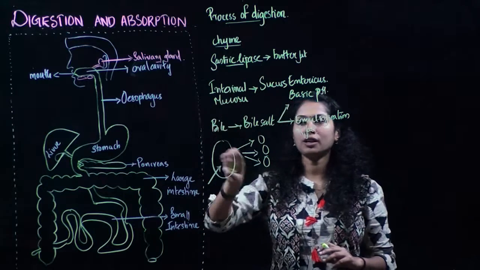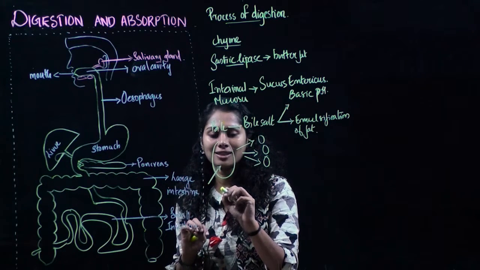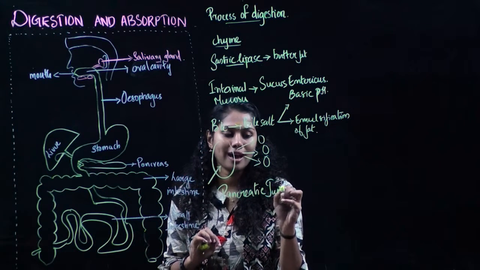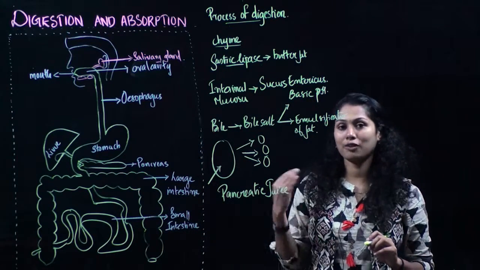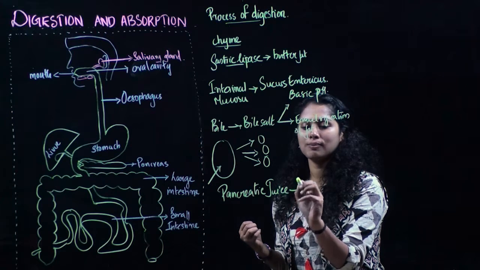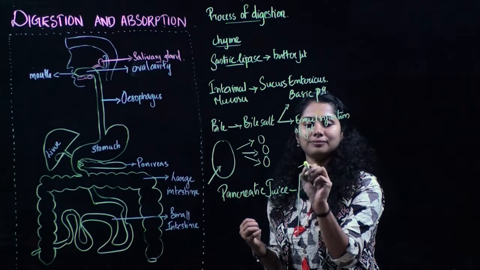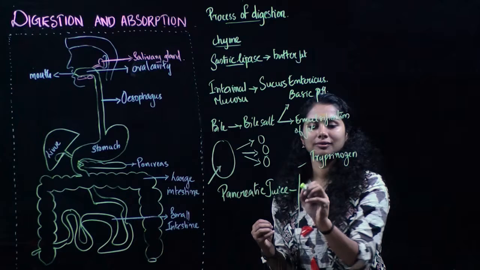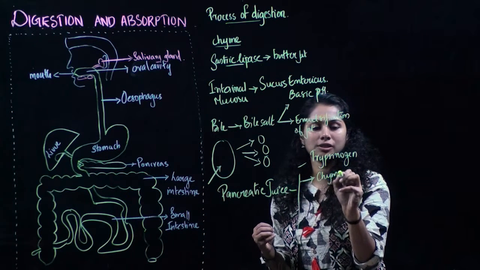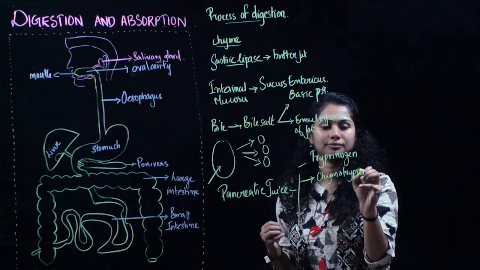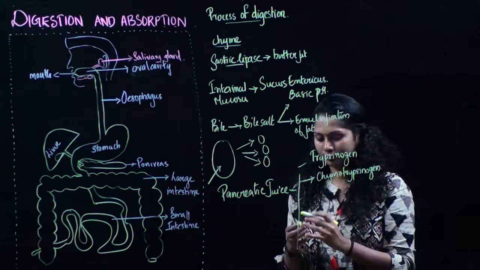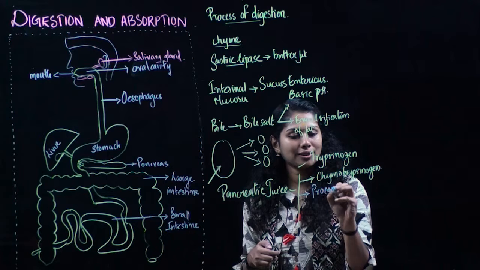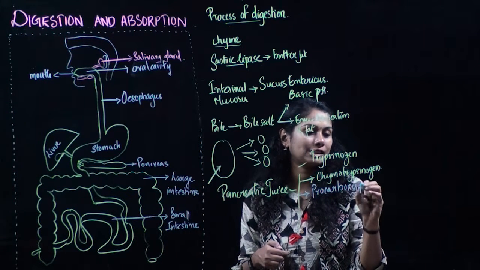Now going on to the next secretion at the intestinal region, that is pancreatic juice from the acinar cells of the pancreas that we have seen in our previous section. The pancreatic juice mainly consists of enzymes like trypsinogen, chymotrypsinogen, procarboxypeptidases,